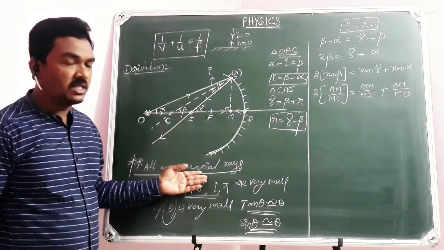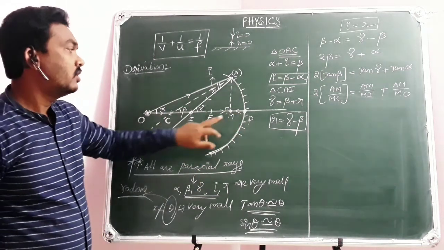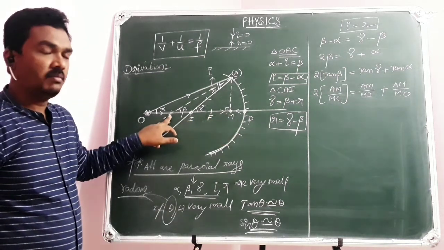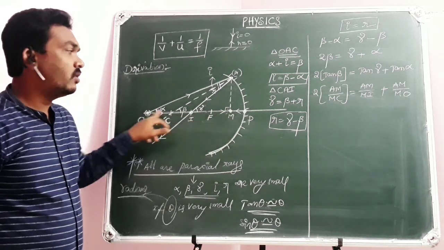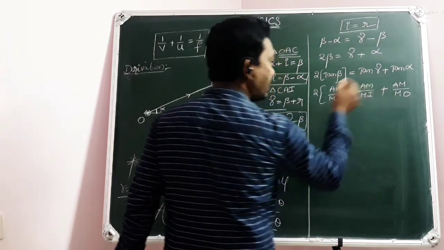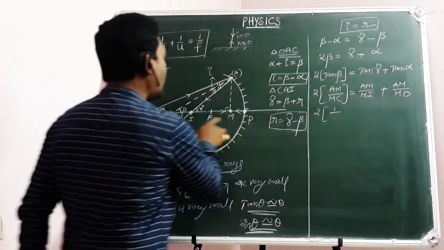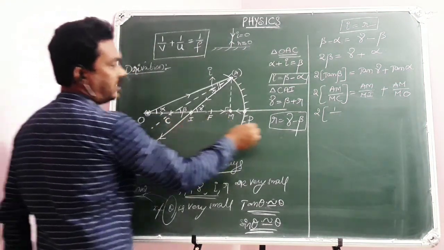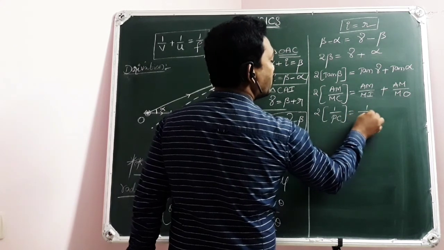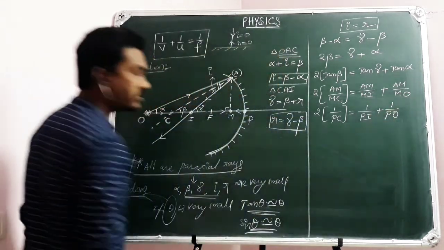So the terms and conditions are paraxial light rays, so that P and M will be very close. So MI can be taken as PI, MC close to PC, MO close to PO, and simultaneously cancel AM in all the terms. Then 1 by MC is close to 1 by PC, 1 by MI close to 1 by PI, and MO close to PO.